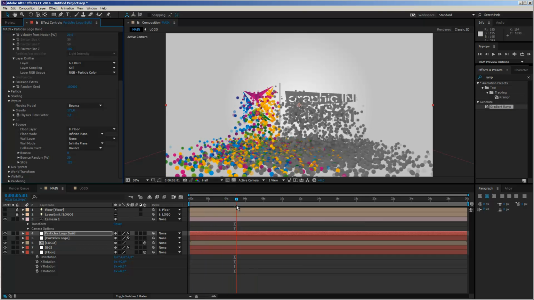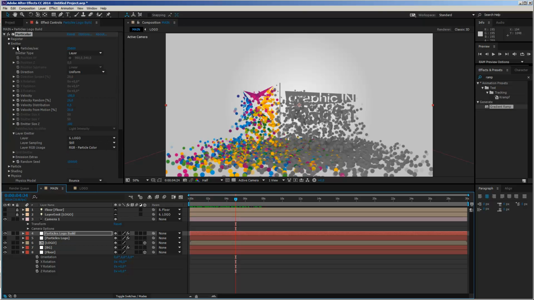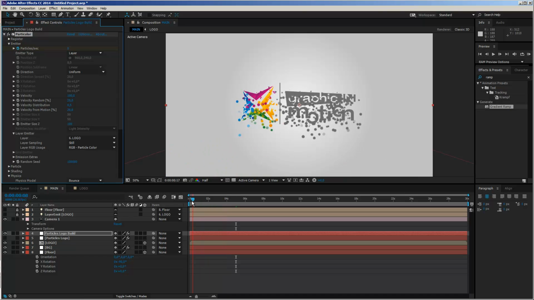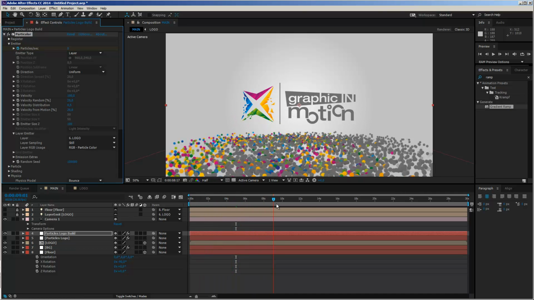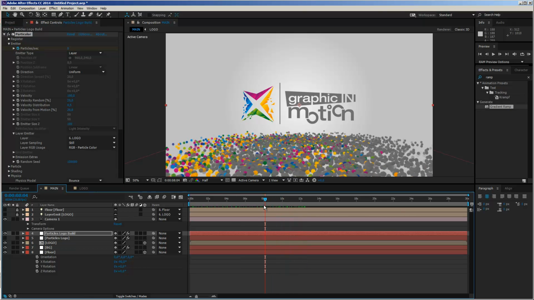So I want to stop the emission at around 5 seconds. So I move to 5 seconds, or to 424, and set a keyframe to our particles per second, move forward 1 frame and set it to 0 to stop the emission. So now what we have is the particles emit and then they stop and they fall down and then they move out.